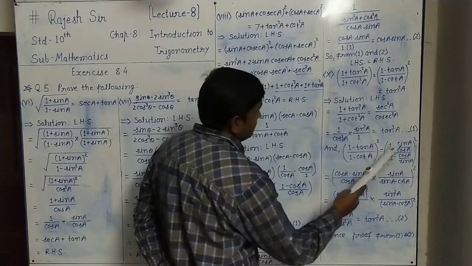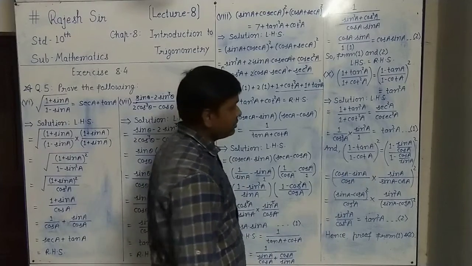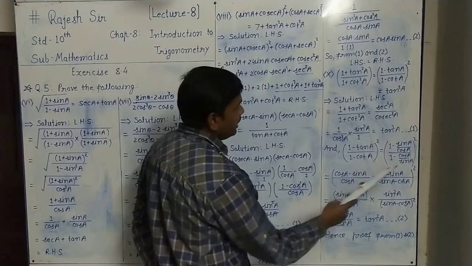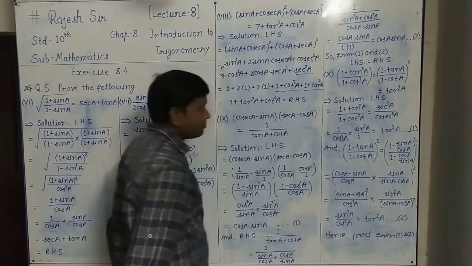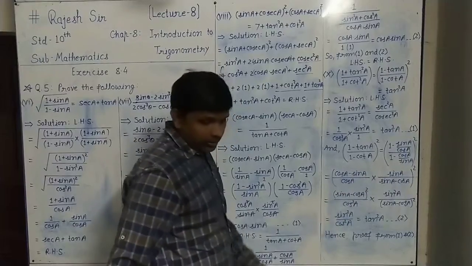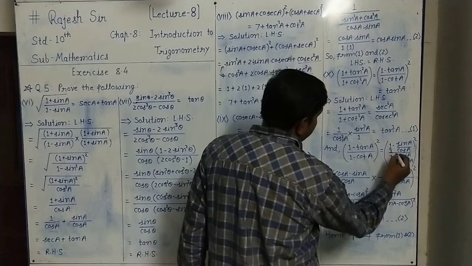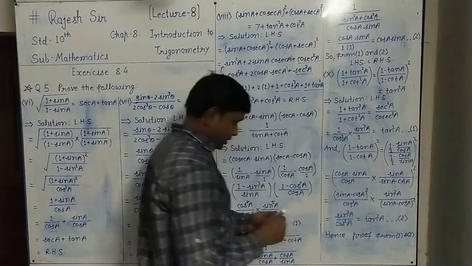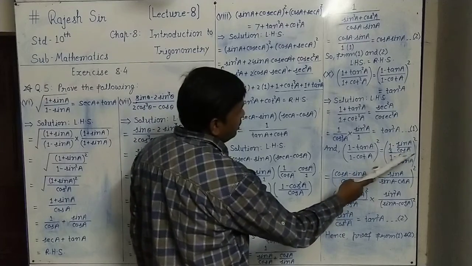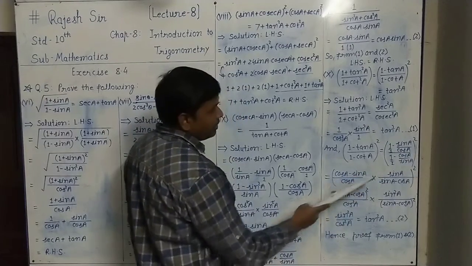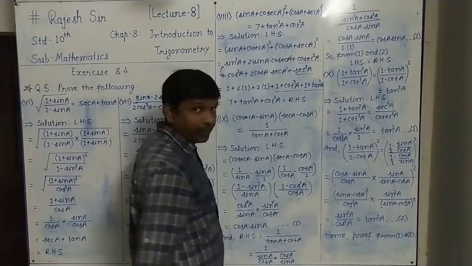So here, 1 minus tan A can be written as sin A upon cos A, because tan means sin upon cos. And in the denominator again, 1 minus cot A can be written as cos A upon sin A, the whole square as it is. Now again the fractions are there, so we have to take the LCM and do the subtraction here also. In the numerator, 1 upon 1 minus sin upon cos. Cos A is the LCM, so cross multiply: cos A into 1 is cos A, minus 1 into sin A is sin.